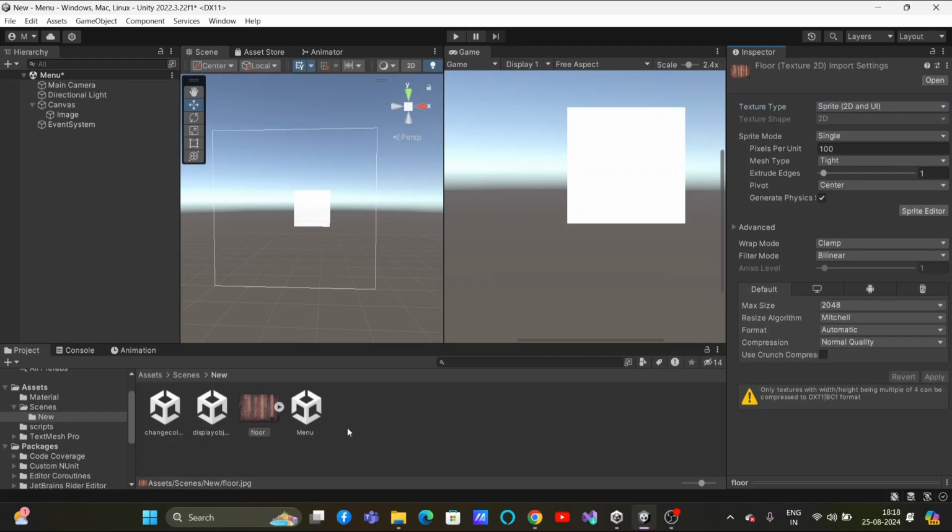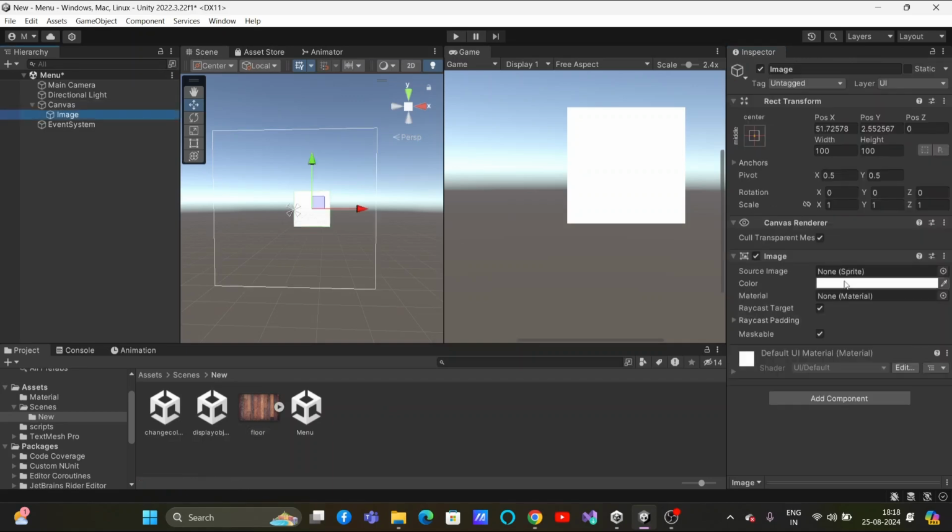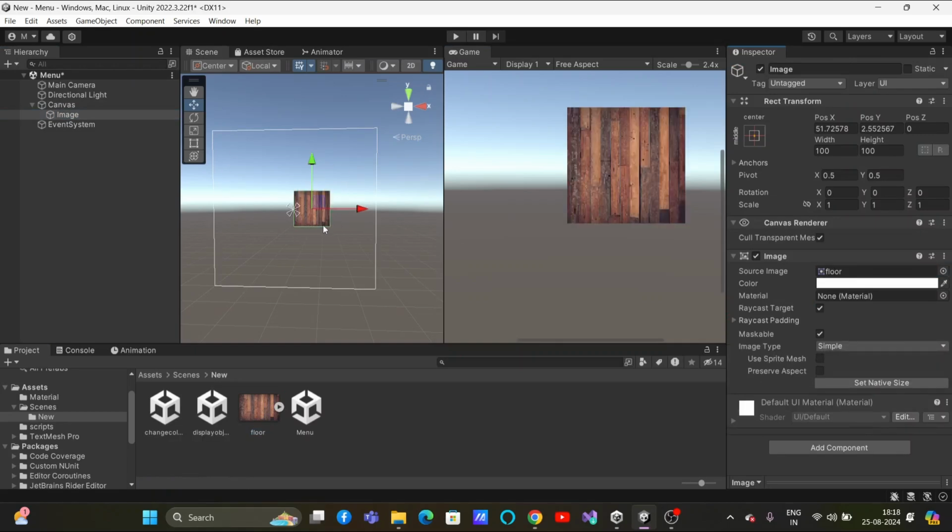Click here, apply, and this will be converted to Sprite. Now go to the image and here on the source image, just drag and drop this one. Now you can see the image is like this. If you want to stretch this image throughout this canvas, then what we need to do,